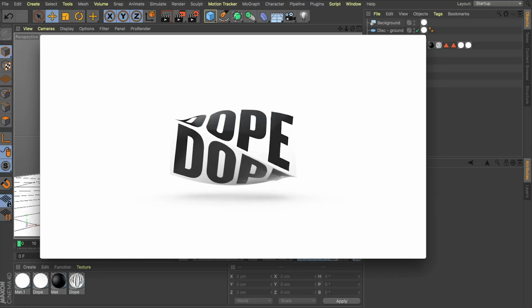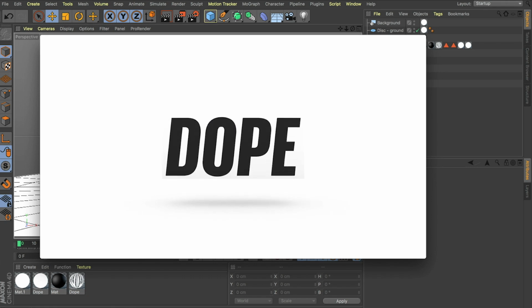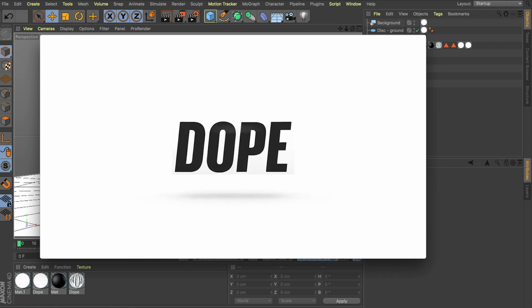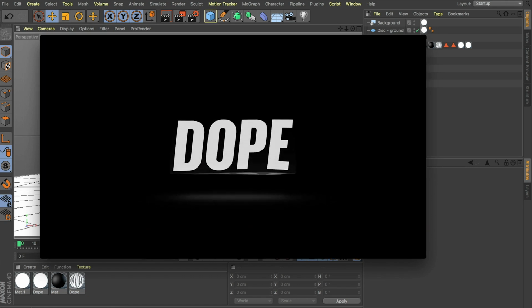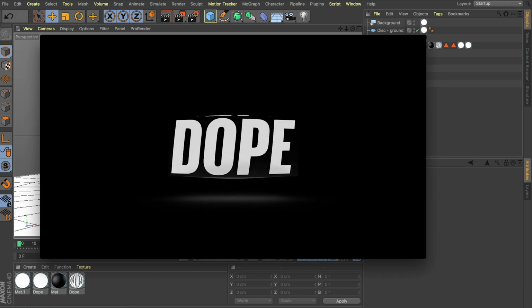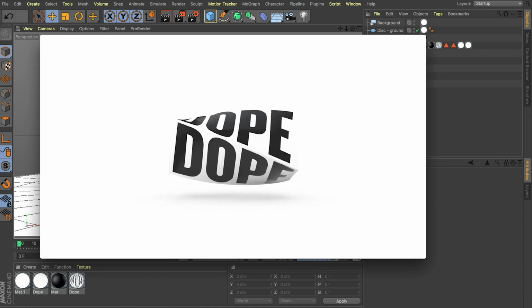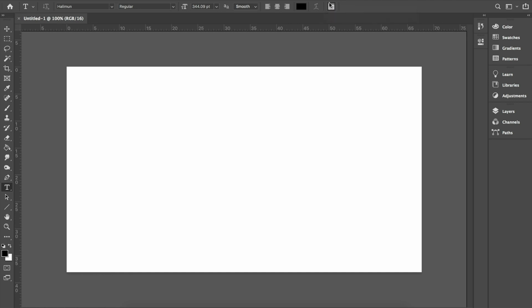Alright, so this is the little animation that we're going to try and have a bit of a play with today setting up. The idea is that we'll define a bit of a texture at the start, then we'll jump into Cinema, set up the shape, give it some keyframes for some basic animation. We're going to enhance that using Cinema 4D's deformers, and then of course let's render this bad boy out. Alright, let's jump in, we'll start having a bit of a play.